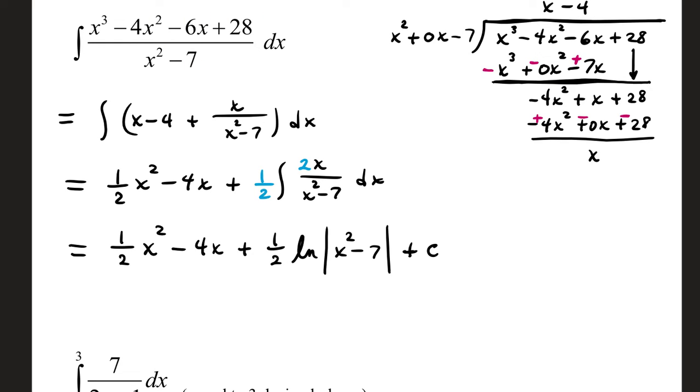So we use long division as a tactic to break a big fraction down into smaller ones. Specifically, your denominator is the divisor, x squared minus 7. Now notice that we're missing the linear term, so I put in a 0x as a placeholder. The numerator is the dividend. It's not missing any powers of x, so I just put all four terms underneath the division bracket, and then